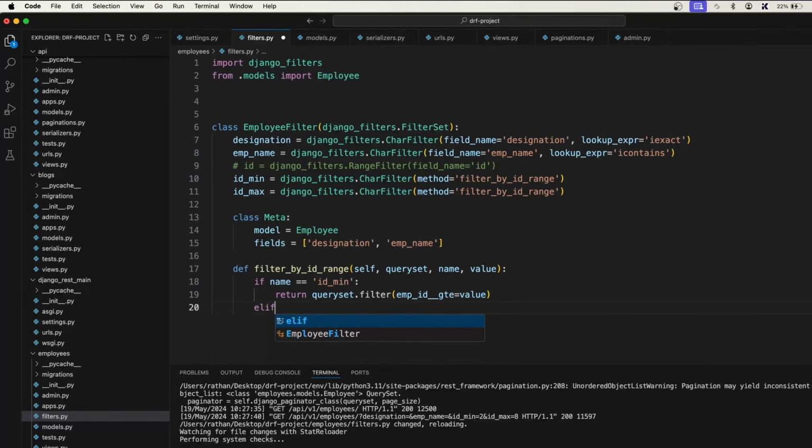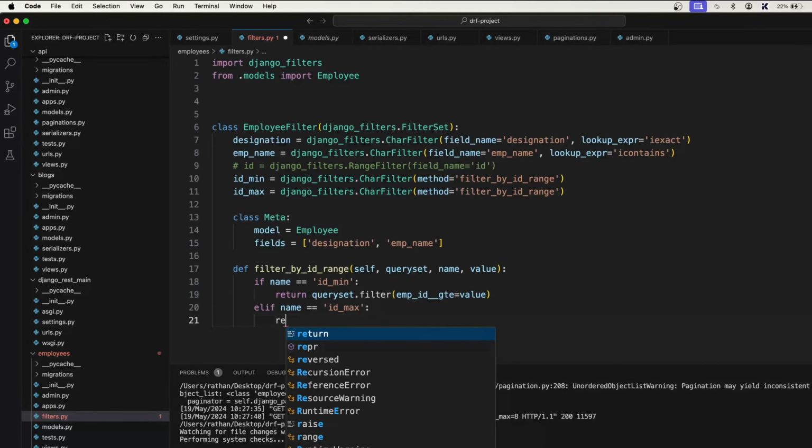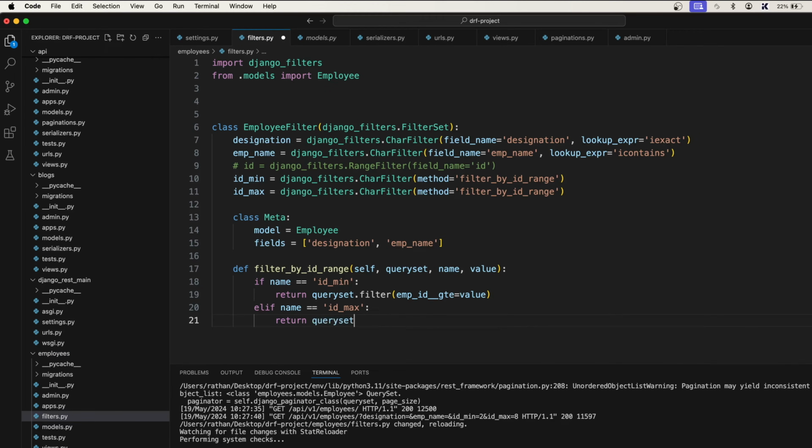And elif name is equal to ID max, then we will return queryset.filter employee ID __lte, where L means less, T means than, and E means equal, less than or equal to the value that we pass. And after that we return